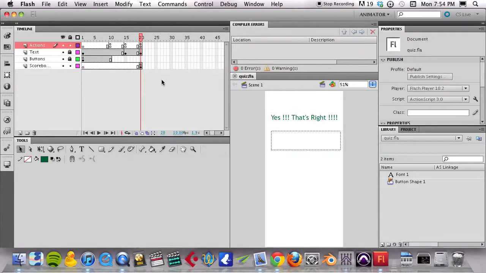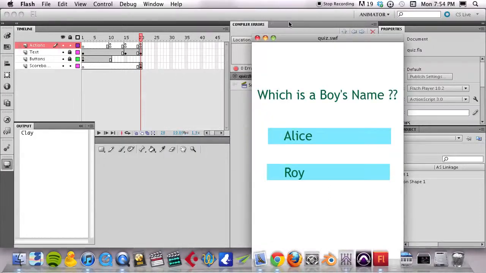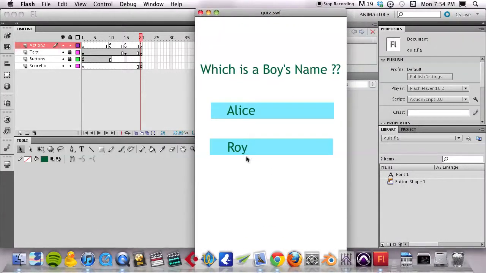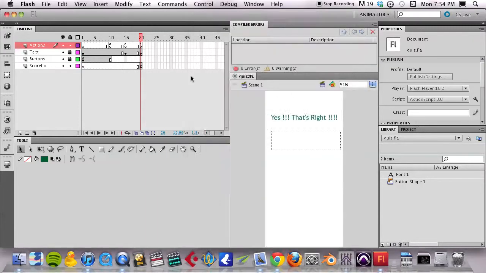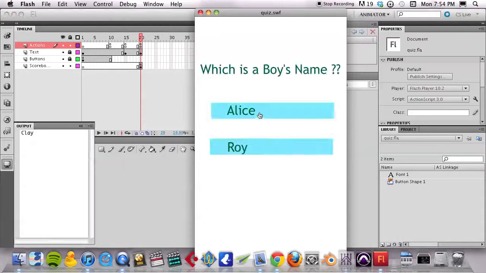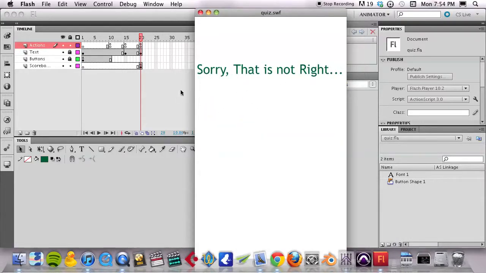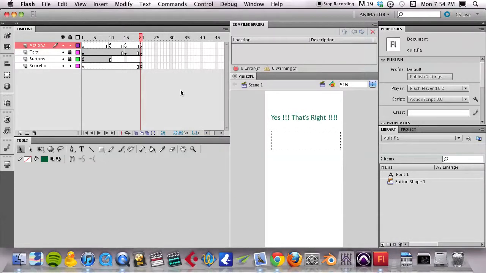Okay, so everything works so far. If I do an emulation and choose correctly, I get a point. It displays correctly. If I do an emulation and choose incorrectly, I say, sorry, that's not right. Well, it would be nice to keep a running tally regardless of whether I get the incorrect point or the correct point, because we're going to have more than one question in this quiz. So,